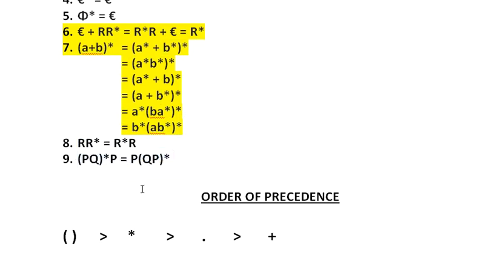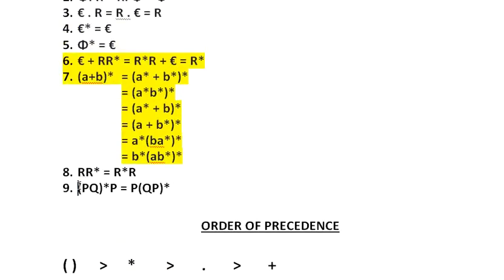Yeah, okay, so this is also an important one which you'll be using. Now whenever you are solving any kind of regular expression, you have to mention which identity you are using. Don't mention the identity number 6, identity number 7. There is no predefined numbering of these identities. You have to write down which identity you have used, that's it.